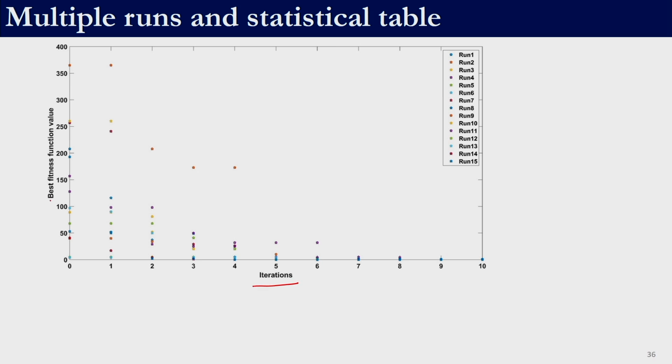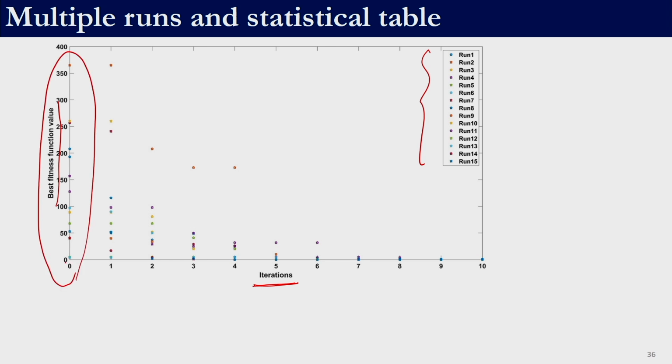So, this curve is between iteration and best fitness function value, which we had first seen, right. For every iteration, what is the best fitness function value in the population? That is what is being plotted, iteration versus best fitness function value of the population in that particular iteration. So, there would be 15 convergence curves. If you remember, the convergence curve plot is very straightforward. For one run I have one convergence curve, so for 15 runs we will have 15 such curves. This shows 15 curves, and each color indicates one run.